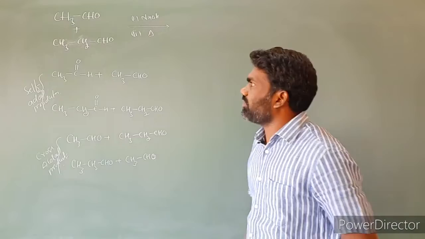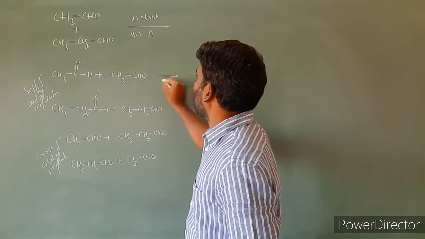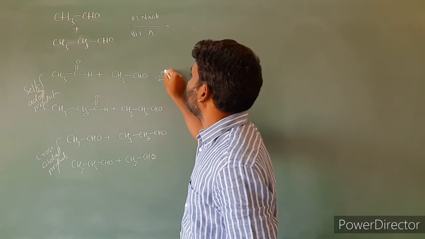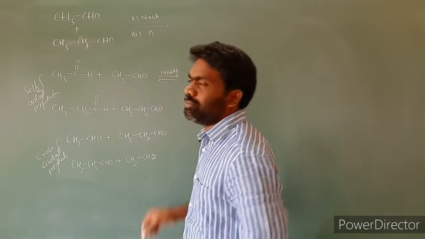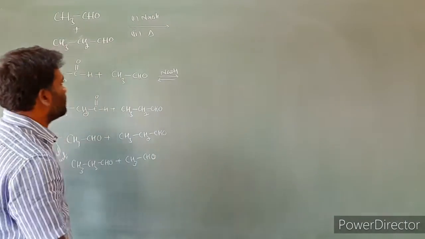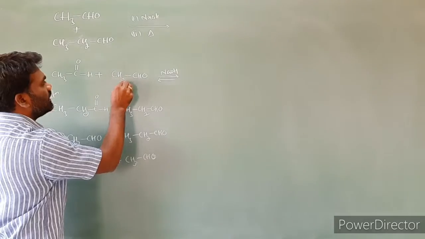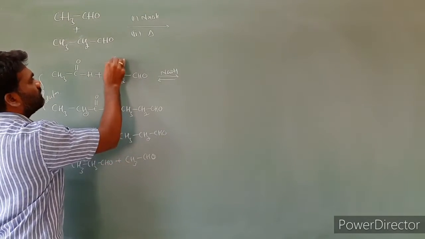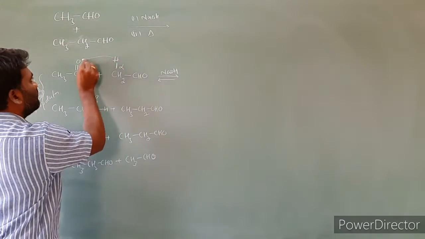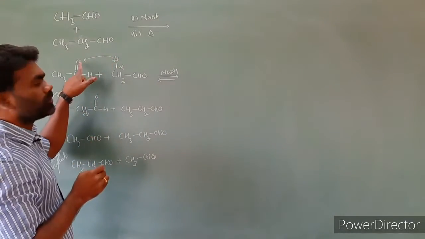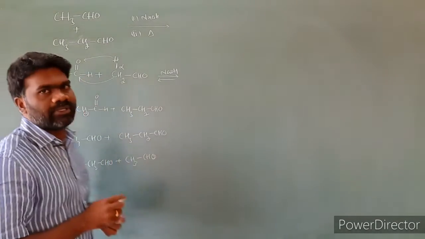Now we'll discuss one by one in detail. Shortcut method: I will directly write this case. First we have to treat with sodium hydroxide, NaOH. Then how to write the product? Then I am writing this as CH2 with H. This is the alpha hydrogen. This bond breaks and this hydrogen transfers to this oxygen. This carbon can directly join to this carbon, isn't it?